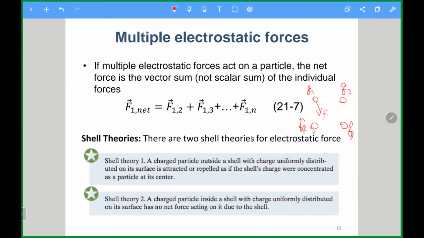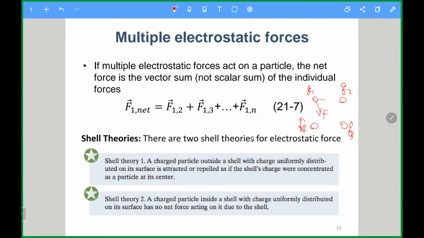But just for instance, if we consider the electrostatic force for Q1, then you need to consider the electrostatic force between charge 1 and 2, charge 1 and 3, and so on, up to charge 1 and charge n. Which means that if we have 4 charges, then we need to consider